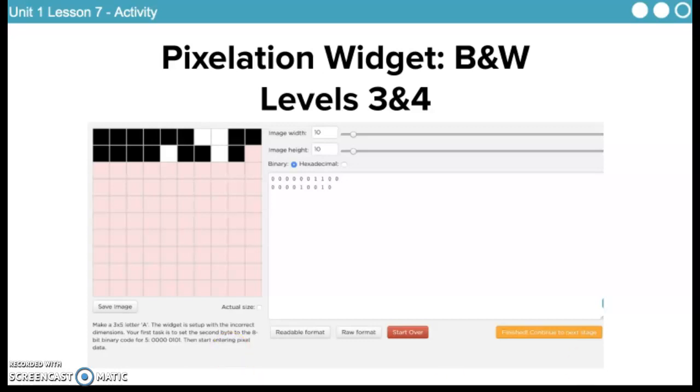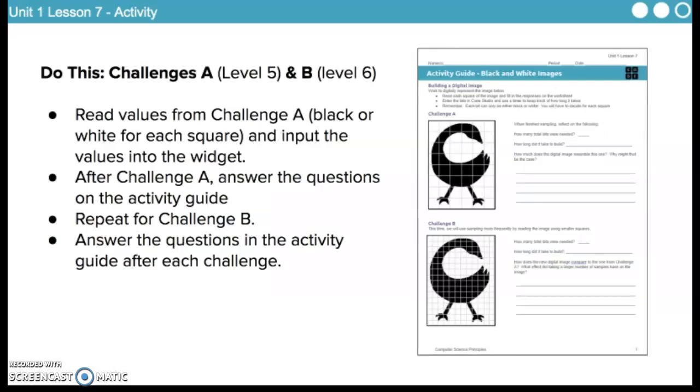If you're working asynchronously and you're looking at this video after the fact, then you will go ahead and hit pause and work on this in the widget and then come back. Okay, so challenges A and B,